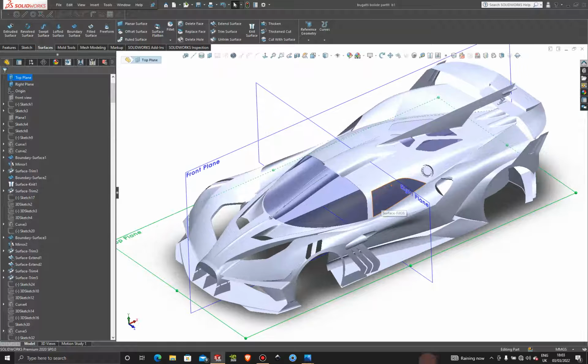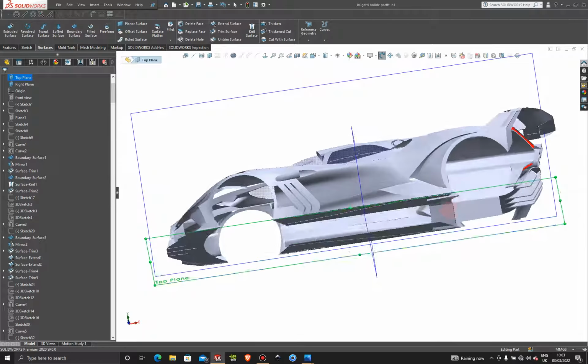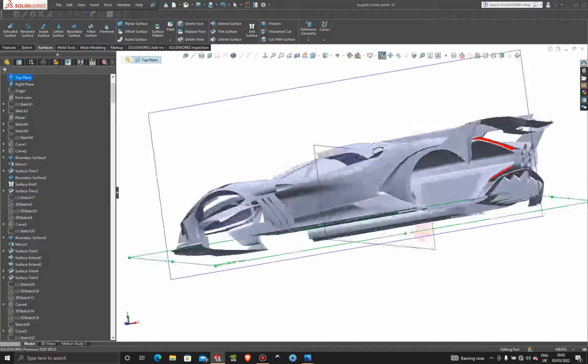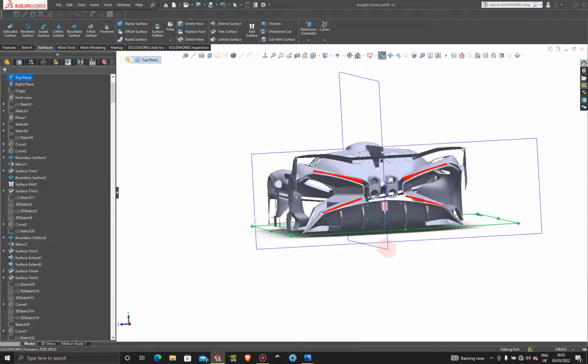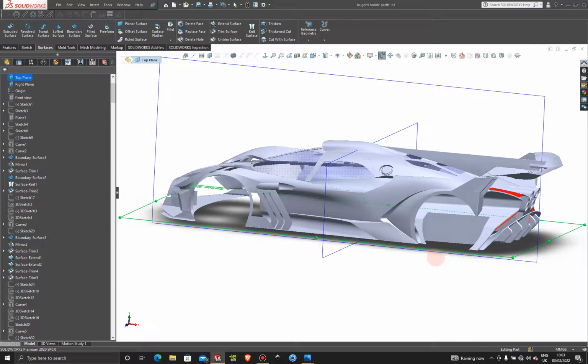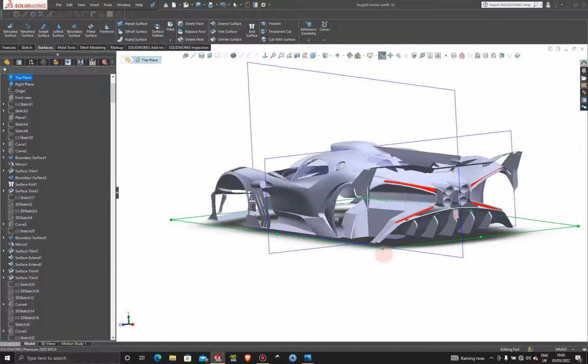And then once we saved our project, what I'm suggesting you to do to create the wheels is